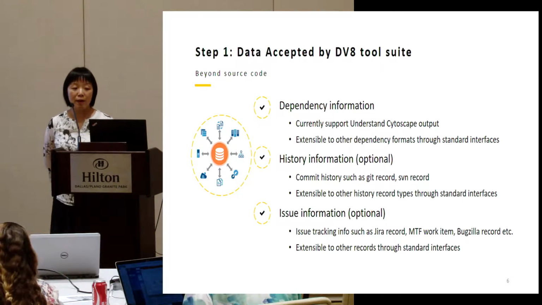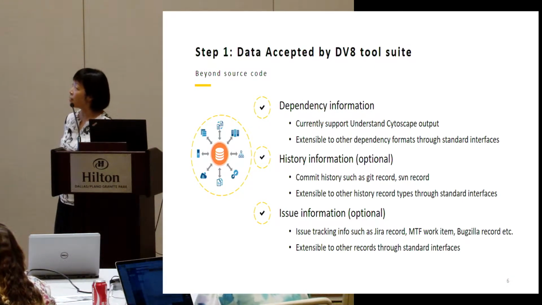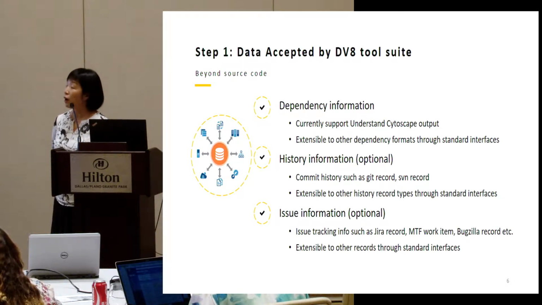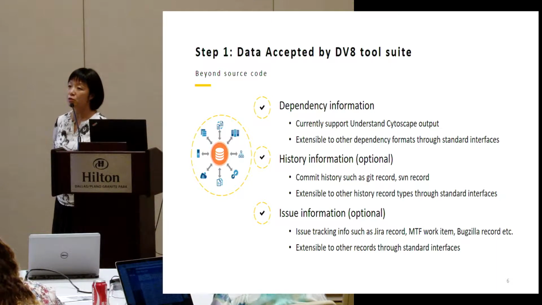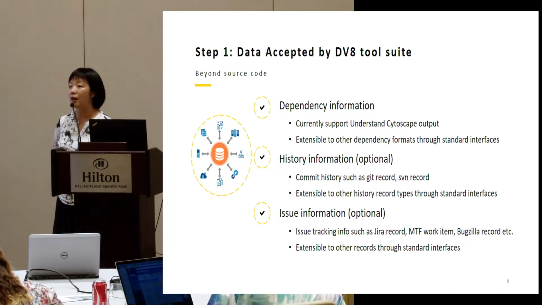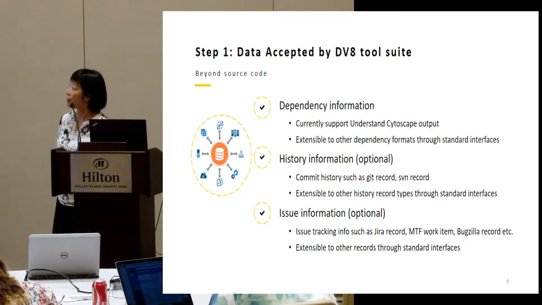And a little bit more about the data accepted by the toolset. We have significantly improved the toolset. Now, if you are not using Git or not using SVN, it's okay. We provide a standard XML dependency format. So if you can write your own script to translate any dependency information to be the input of DV8, then you can analyze any type of dependency, even beyond source code or revision history, right? You can do build dependency, dynamic dependency, as long as you can give us input following the standard format DV8